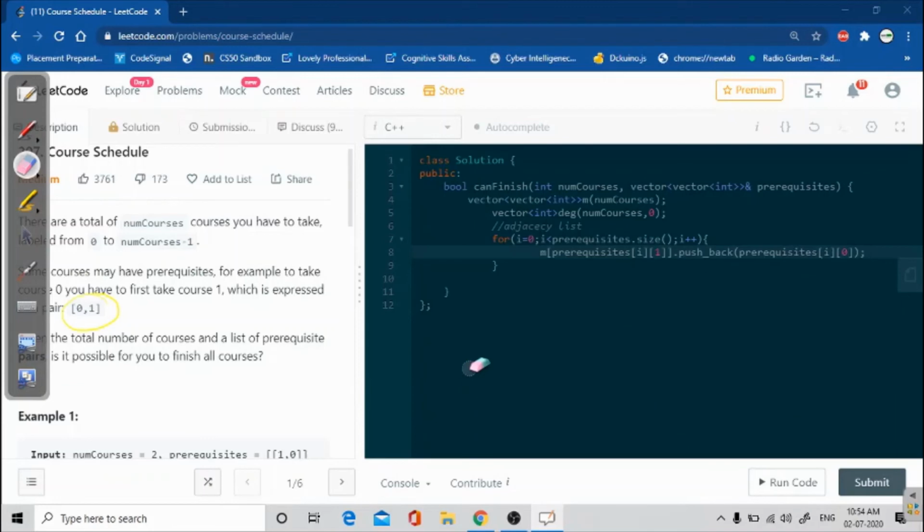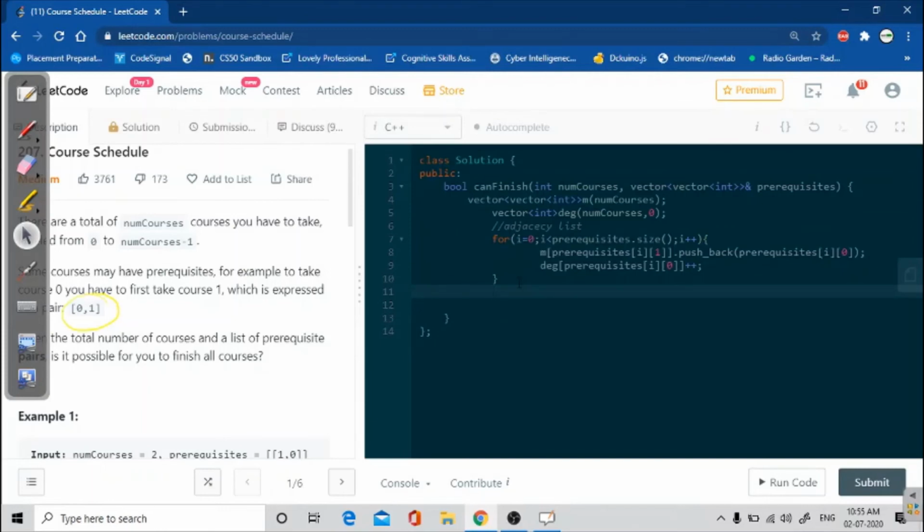We'll also increase degree: degree of prerequisite of i of 0, because for every course we are increasing. If currently I have degree 1 for course 0 and it comes again, I'll just add. We are maintaining the number of degrees for each node.